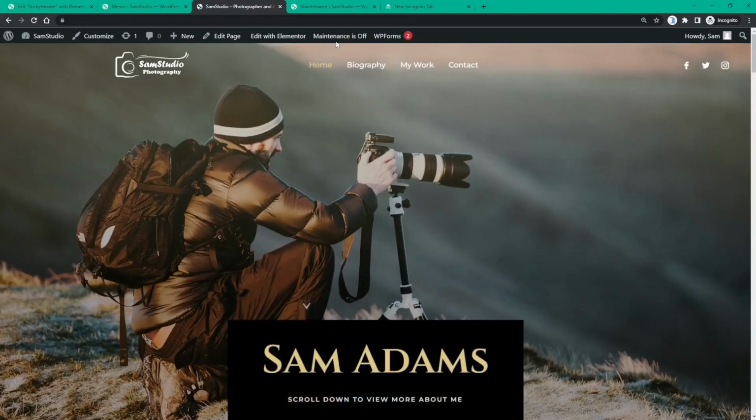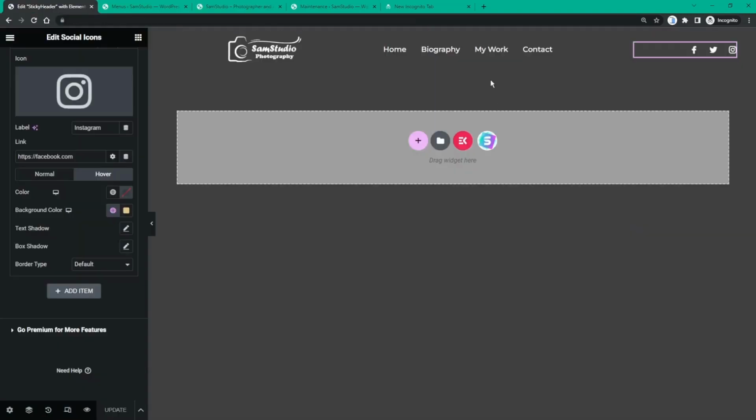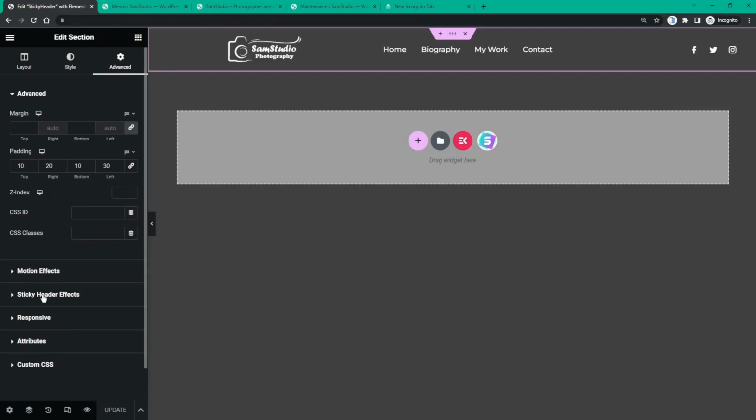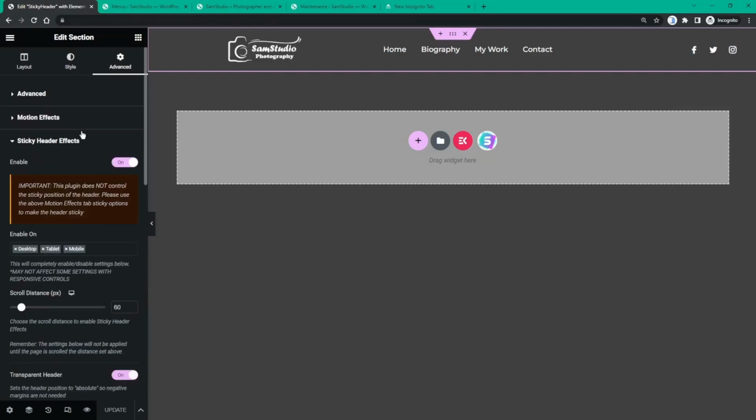There's one more setting I want to show you before we end this tutorial. If we go back to Elementor here, and we click on our edit section, in advanced, we go to sticky header effects. Here we're able to choose the scroll distance to enable the sticky header effects. Remember that the settings below will not be applied until the page is scrolled the distance set above. Right now it's set to 60